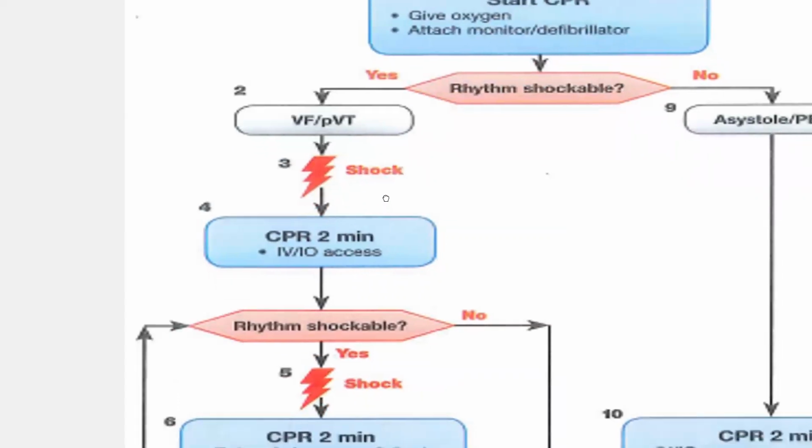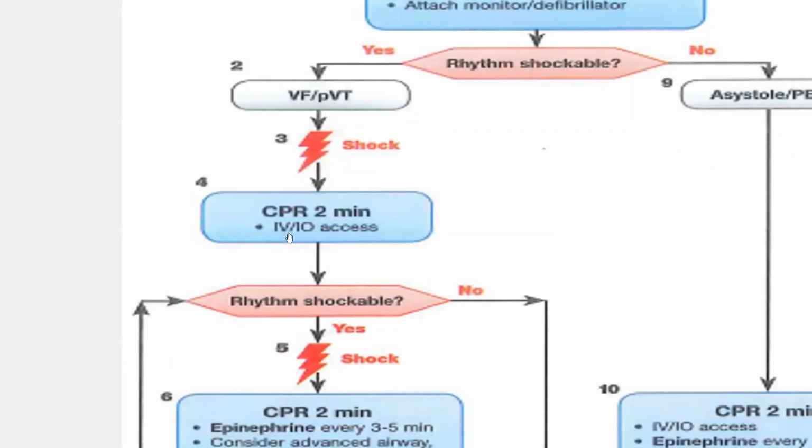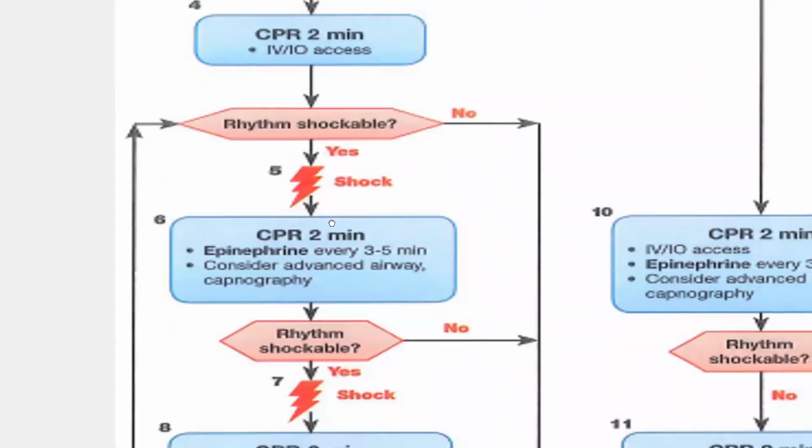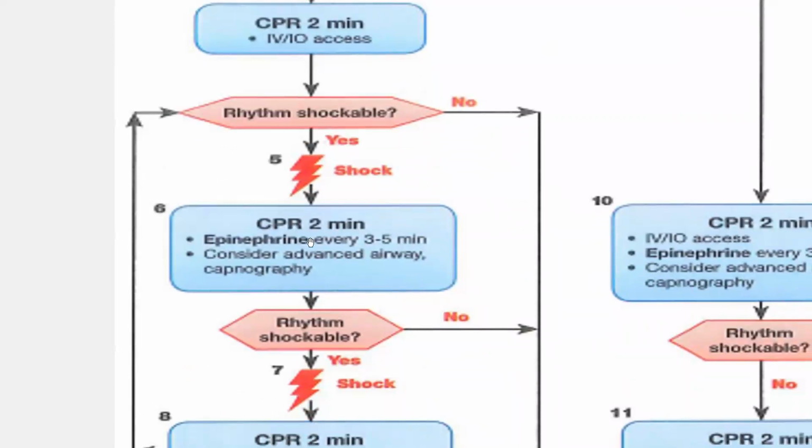If it is, so it is ventricular fibrillation, then we would need to deliver an electrical shock. Now, after the shock, we need to do CPR. And of course, we need to perform that for 2 minutes. Also, in the interim, we're going to start our IV, either intraosseous or intravenous access line, so that we will have the opportunity to administer medications. Having finished the CPR for 2 minutes, we now determine again whether or not the rhythm persists. And if the rhythm persists, we need to shock them. And again, perform CPR for 2 minutes